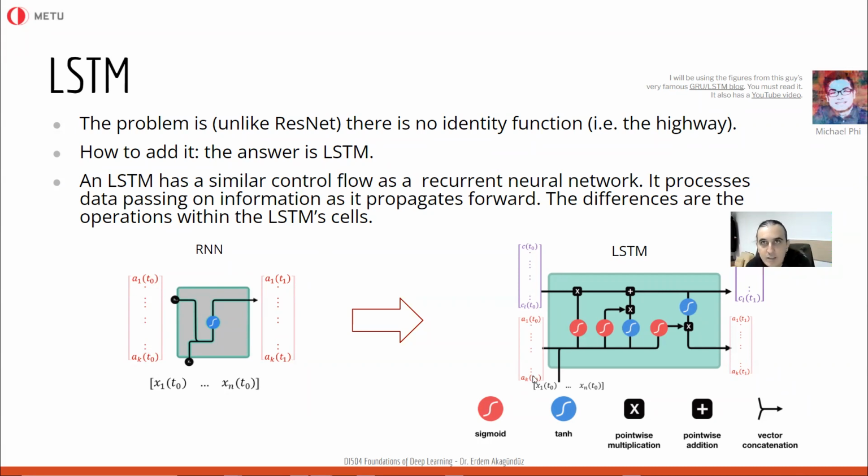The first one is A, and the second one is C. C is also called the cell state, and A is also called the hidden state, just like we did for the RNNs. Actually, I'm going to tell you the thing that I should be telling in the end, which is the moral of the story. The cell state is a kind of hidden state which holds the long-term memory. And hidden state A is a type of memory which holds the short-term memory. That's why this is called the long short-term memory.